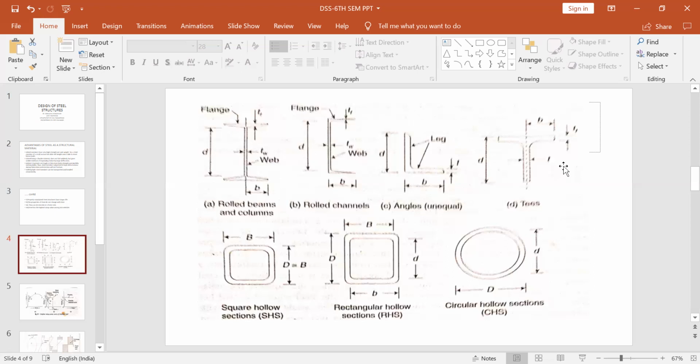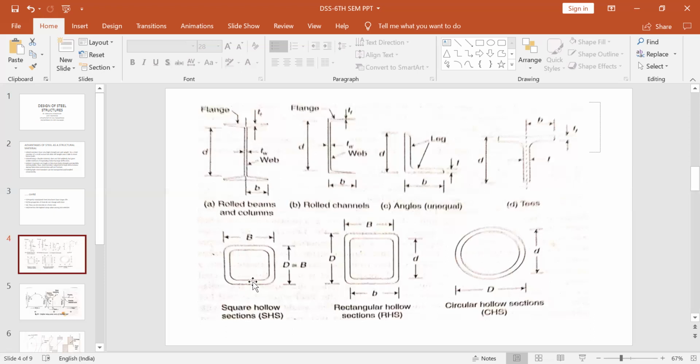So this is how angles are designated. ISNT, ISMT for T section is again done by depth of the web. T sections are generally rarely used. These are the three most common sections that you will be using in design of steel structures: angles, I sections, and channels, and also plates. So you have plates and flat bars. Plates are nothing but a rectangular section like plate 500 by 10, where one side has the longer length and T is the thickness.